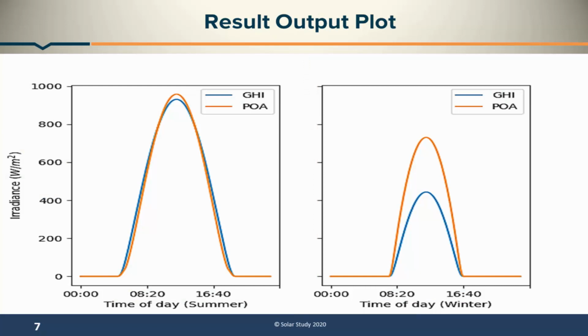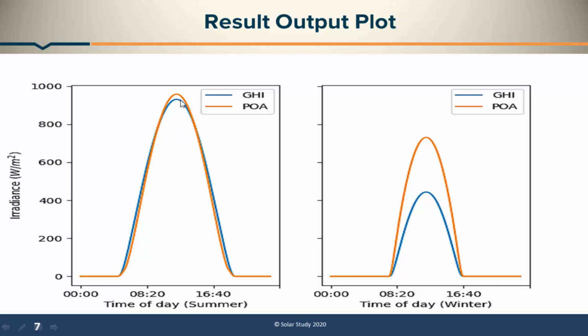See here. Everyone knows what irradiation looks like: in the morning there is no data, and whenever sunlight comes it starts getting irradiation, in a bell curve. You can see the bell curve. What does this first diagram indicate? This is the summer time, how we get the actual radiation during summer, because in summer there is more sunlight, so we get more irradiation. It is almost reaching 900 watt per meter square irradiation during summer.